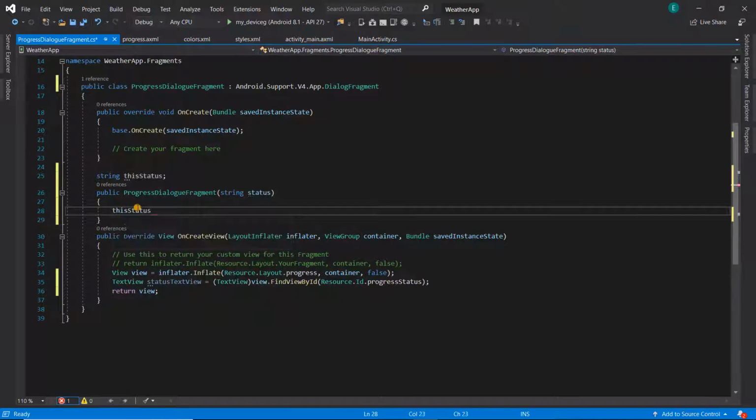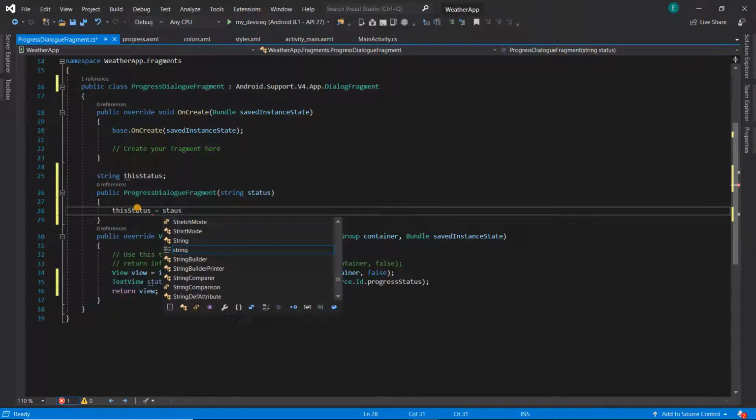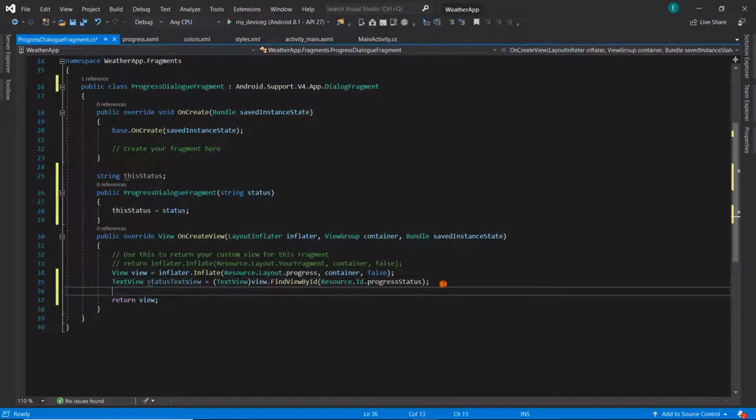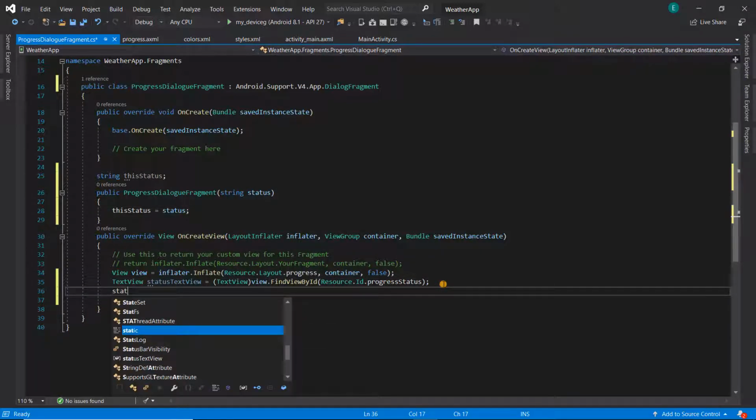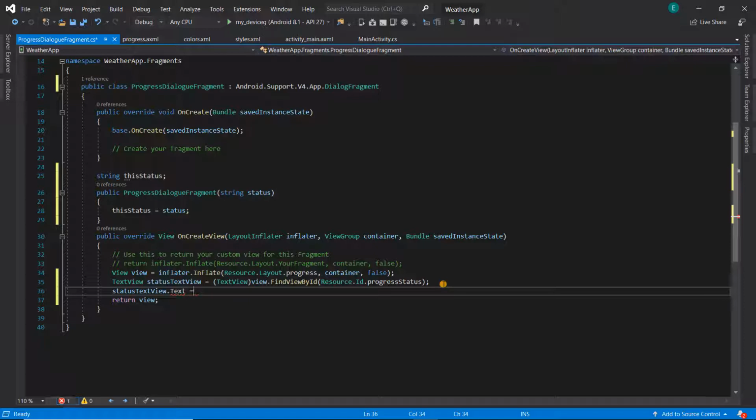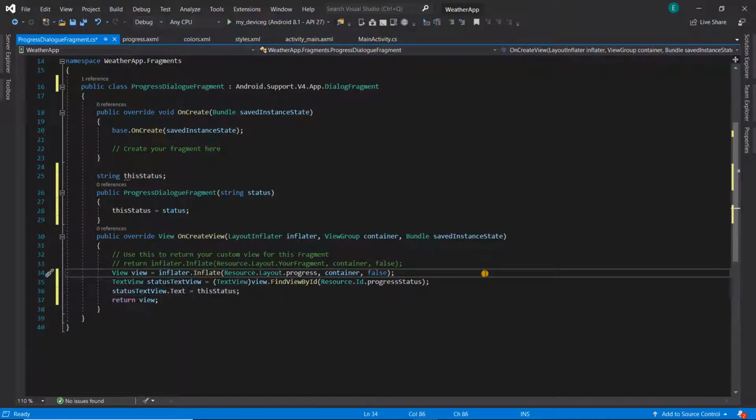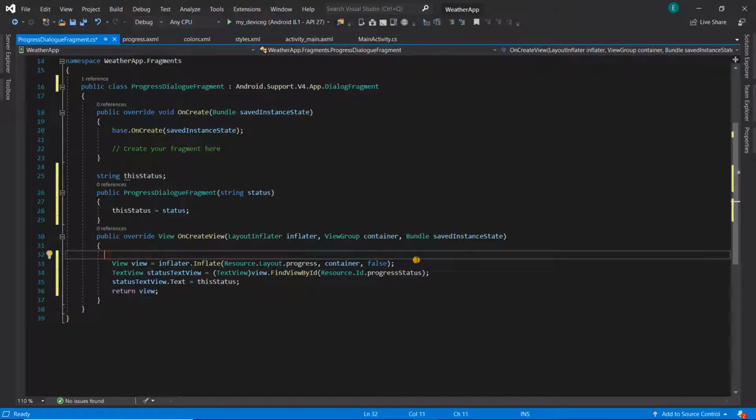This status will be equal to status. At this point, I'm going to go ahead and say status test view dot test. This will be equal to this status. Boom. Okay, so this will go ahead and create our progress dialog fragment. So we need to go back to our main activity and create a method